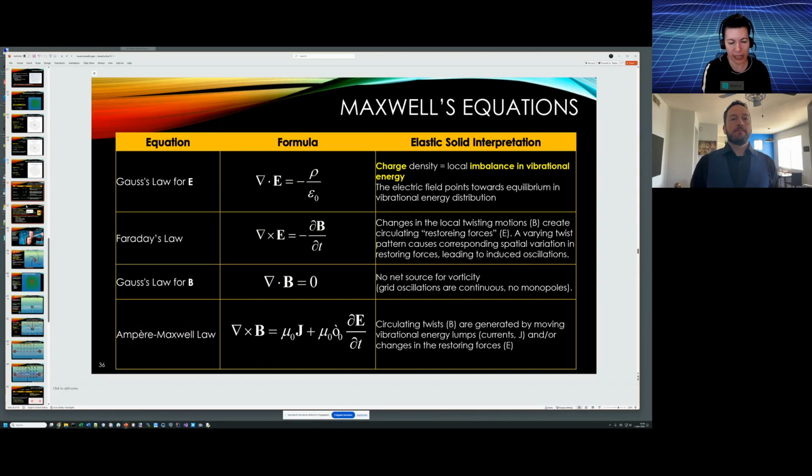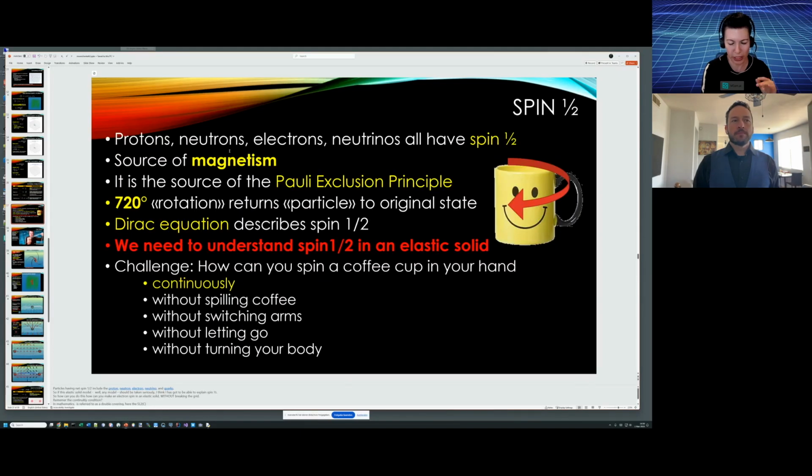Okay, so now we have covered that. Now, remember I mentioned before that the magnetic field is related to this hula hoop motion, right? Mm-hmm. So now spin 1/2 has puzzled me for a long time, because hardly anyone can explain spin 1/2. Yeah. If you understand this, you're among the few people in the world. It's a bit hard. You have to put a lot of things in your head because it has some weird properties. Protons, neutrons, and electrons have this spin 1/2. It's the source of magnetism, so that tells us there's got to be some hula hoop involved here, right?